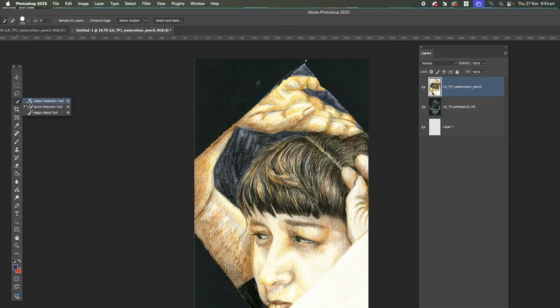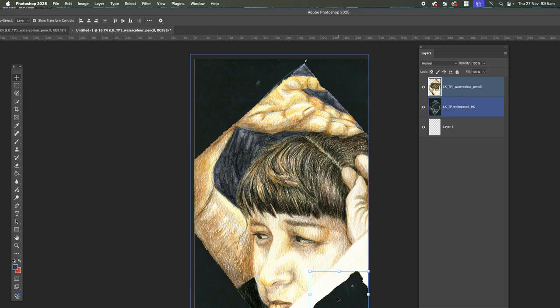So maybe a different selection tool would have been good to use there. Doesn't seem to have it there, but anyway. So whatever you do to select bits, get rid of things you don't want, you have this magic selection brush tool. And remember, that's a very, very good one. It works by painting. So you paint the bit that you want to select and get rid of, or you want to change a colour in that area. And then it turns into a selection and you just delete. So that could be very useful